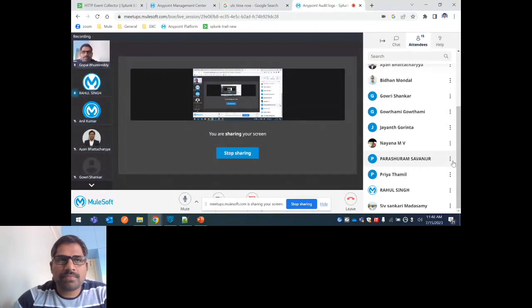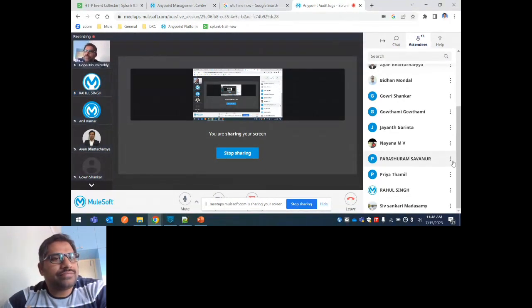Any comparison, Gopal, related to ELK, Splunk, or any other tool? I think Splunk will have, I think it's an enterprise one. For Mule I didn't do ELK, but for WebLogic logs I did it maybe 4 to 5 years back with ELK. But I think Splunk will have more